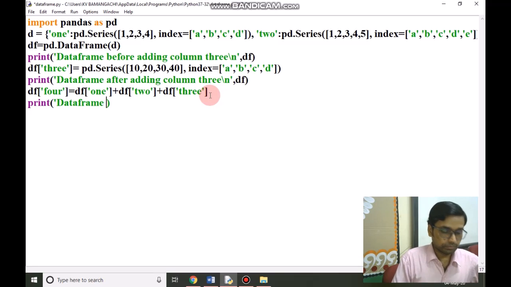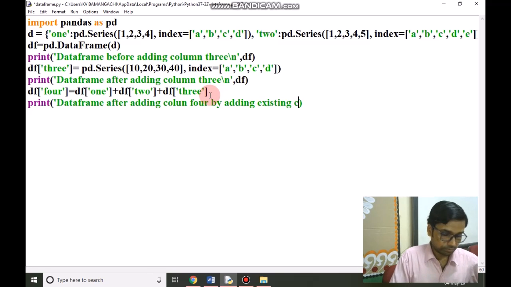Data frame after adding column 4 by adding existing columns 1, 2, and 3.